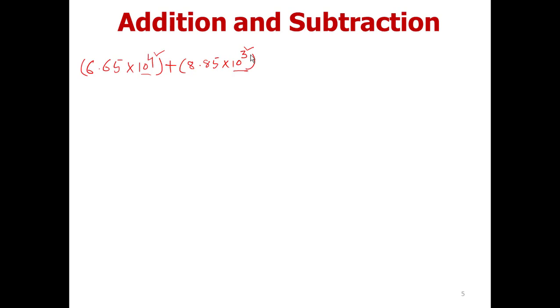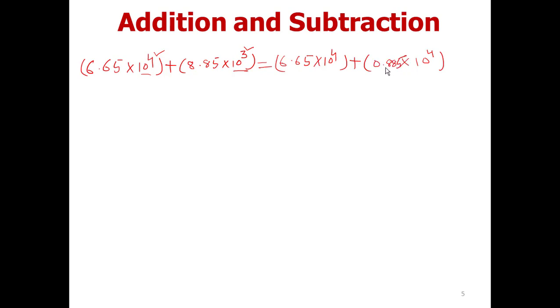It is good to make it 4, because then the number becomes 0.8 something, which is less than 1, so we have to do nothing more. So I will make it 10 raised to the power 4, so it can be written as 6.65 into 10 raised to the power 4. We have done nothing with this, plus now into 10 raised to the power 4. That means we have added 1 to the exponent. If we add 1, then the decimal moves 1 place to the left.